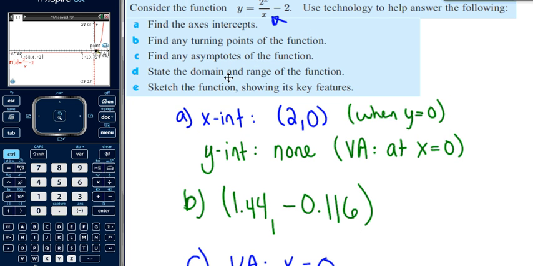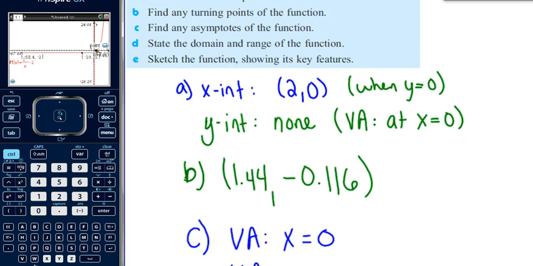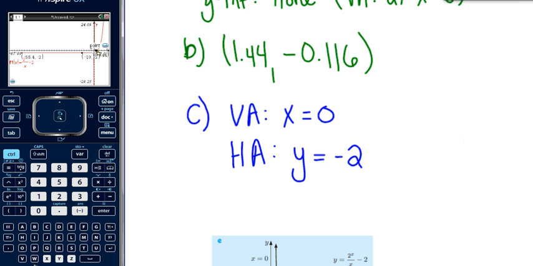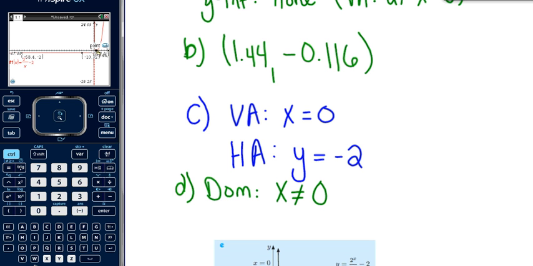And part D, state the domain and range of the function. So x can be anything except 0 because of our vertical asymptote. So for the domain, I'll just say x doesn't equal 0 for our domain, and our range,